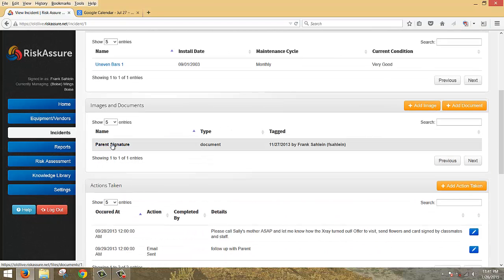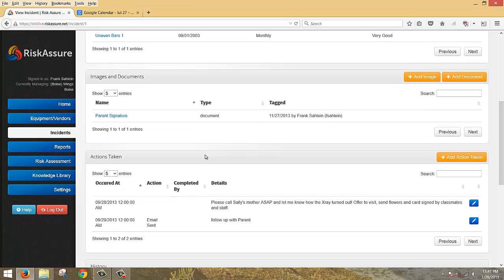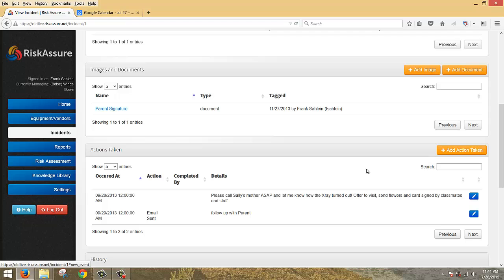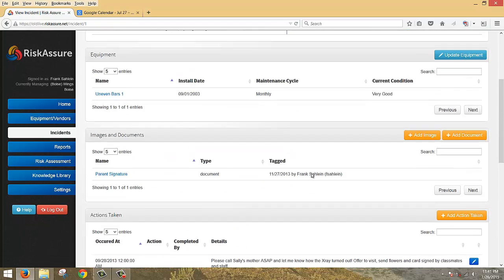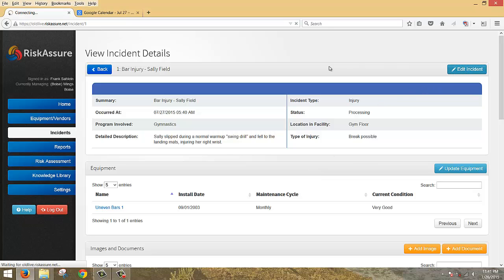There's a parent signature document that was uploaded. You can add an image or add a document this way. And any actions that have been taken, you can add actions. And there's a history of anything that has been changed as we go through it. If you were to edit the incident,